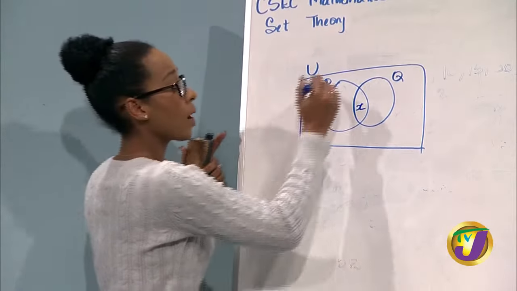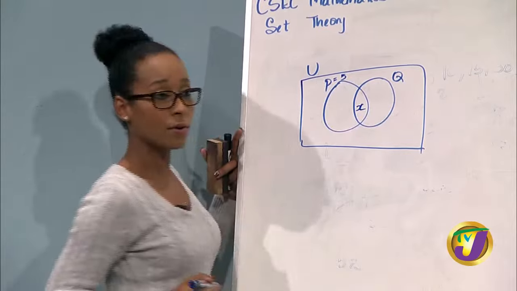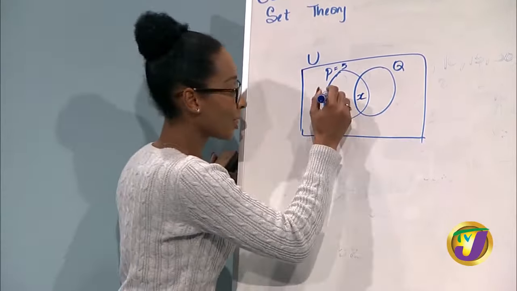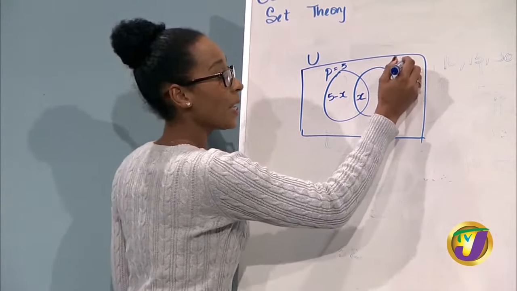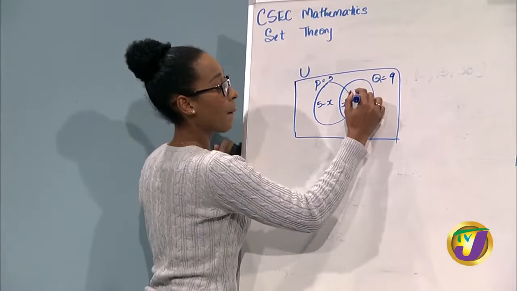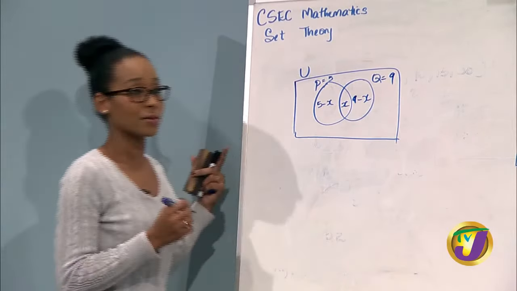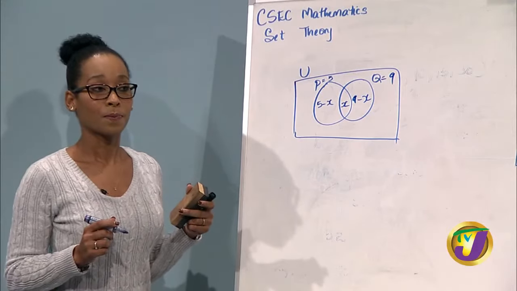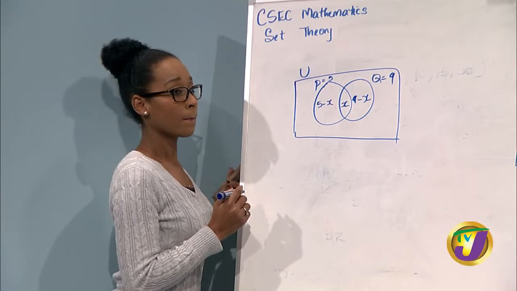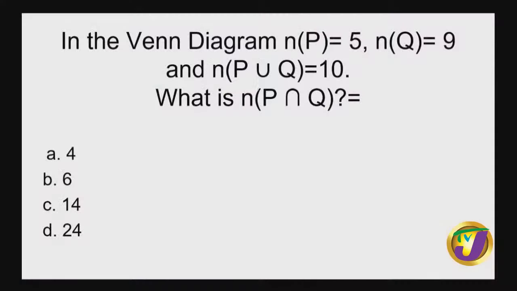But we were told that what? P is 5. So 5 subtract X. All right, that would give us P only. And Q would be 9. Yes, Q, 9, so it's 9 subtract X. Because you have the X in the middle already, so you have to subtract it from each. All right, good. So how are we going to find X? Okay, so we know that the union of P and Q is 10. So it's 10 equals